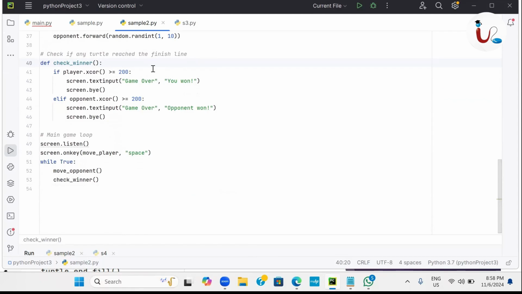Okay, so the check winner function defines a function that checks if either turtle has reached or crossed the finishing line at x coordinate 200. Here I have set the x coordinate as 200. Okay, so player dot XOR greater than 200. That's the first if condition. It will check if the player turtle has crossed the finishing line. So if it is true,